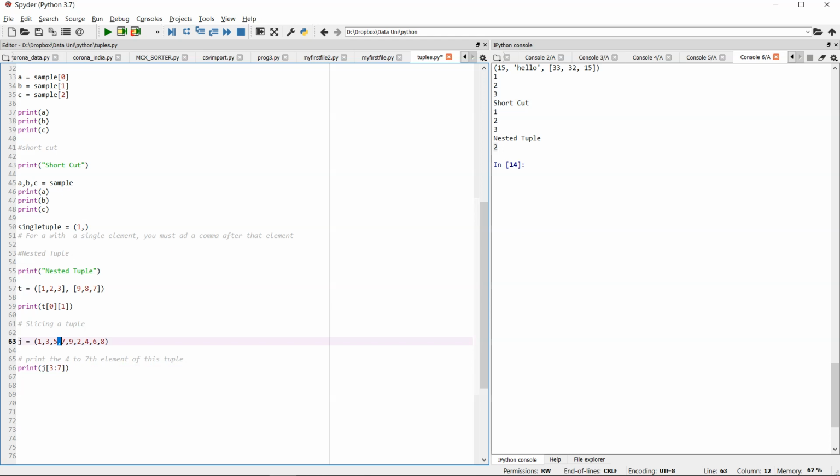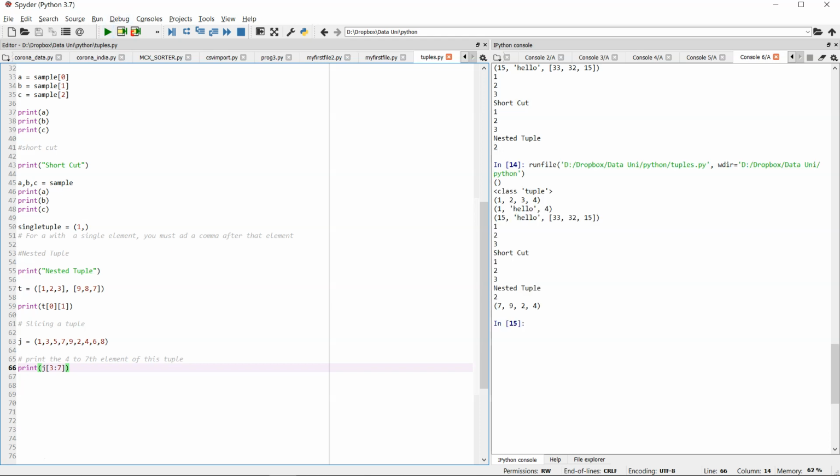Index 3 is the 4th element, 0, 1, 2, 3. Index 7 is the 8th element. So what 3 to 7 does is it will print the 4th to 7th element of the tuple. So 7, 9, 2, 4. There you go. That's the answer, right? 4, 5, 6, 7. So always remember